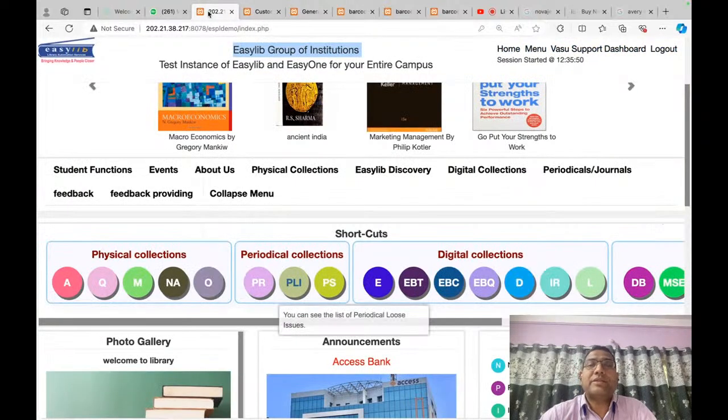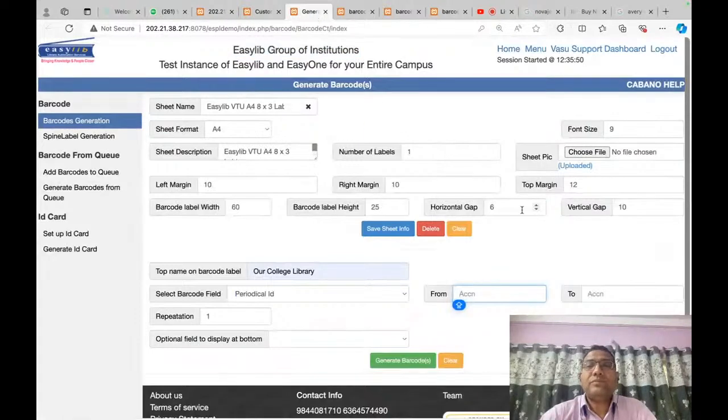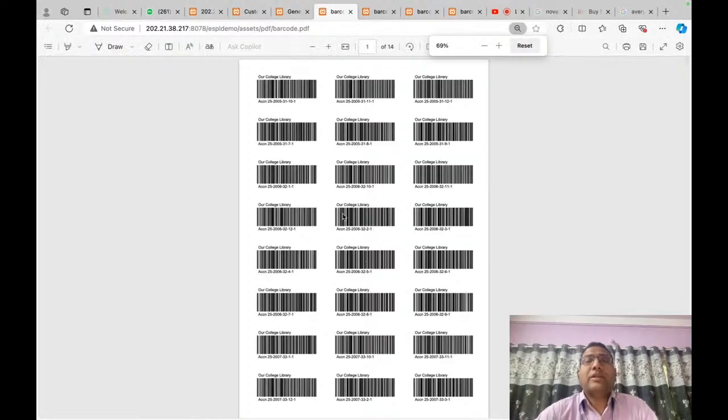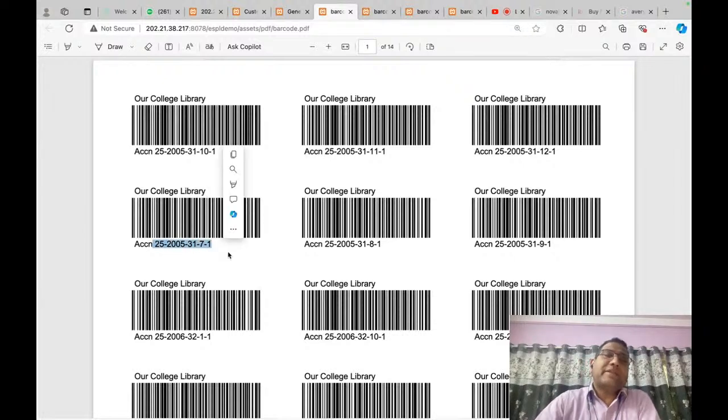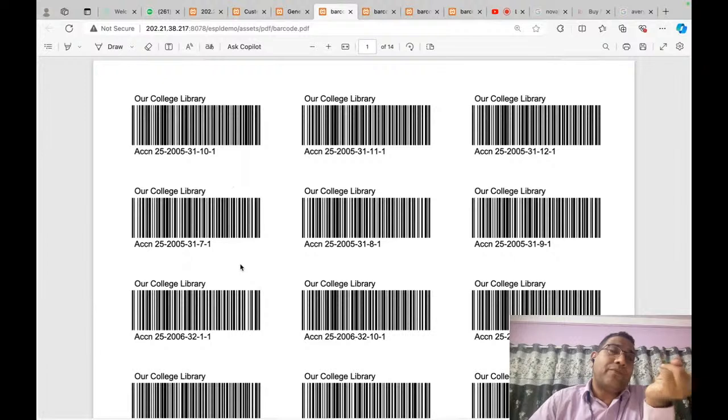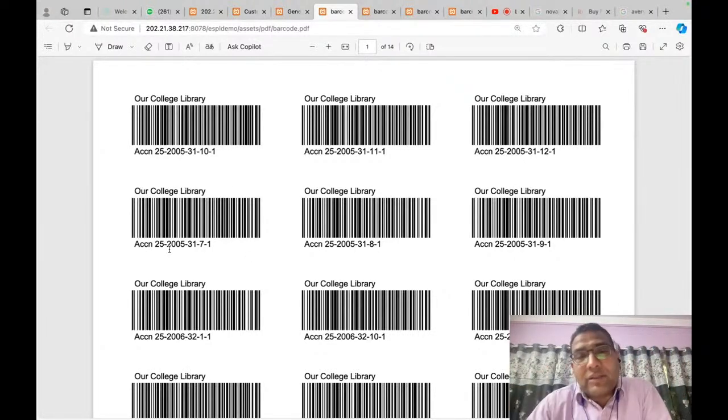Let me print. Let's see what it does. 26 I'm putting here. So generate. Yeah, there's a lot more, right? So, our college library accession number. This is so big. See, the reason why we have this for the books and the periodicals differently is that periodicals usually have a little longer